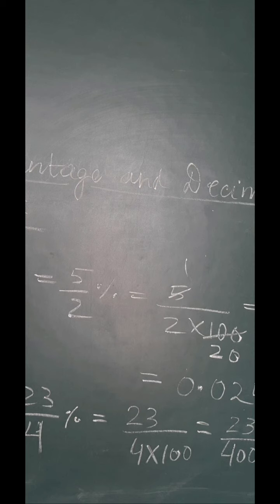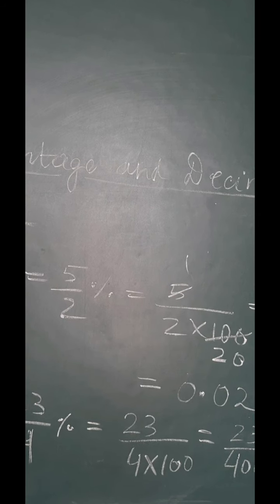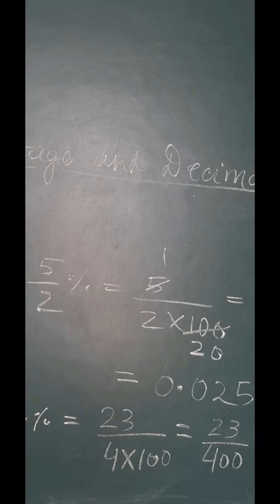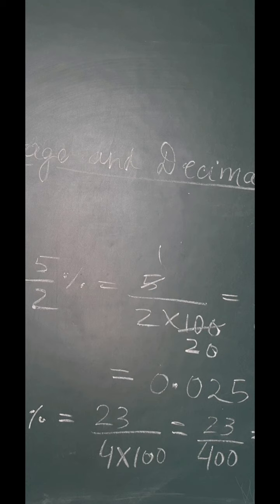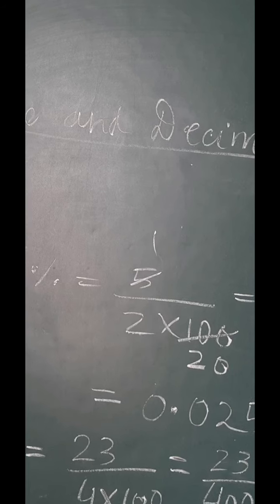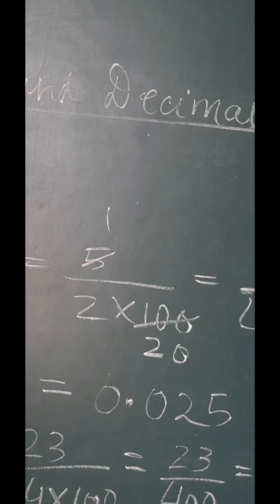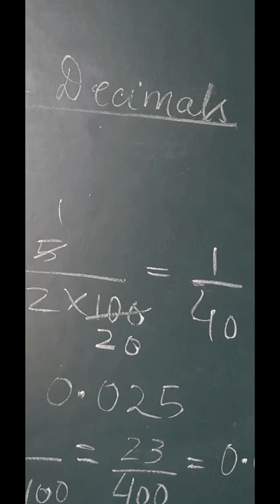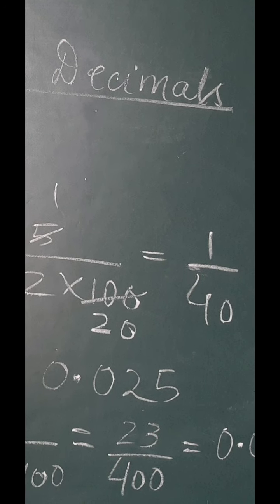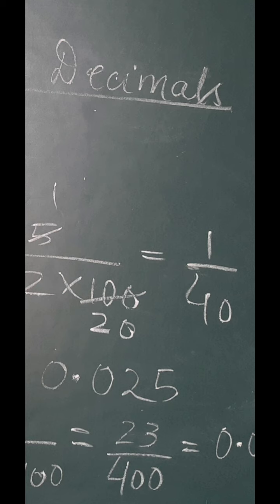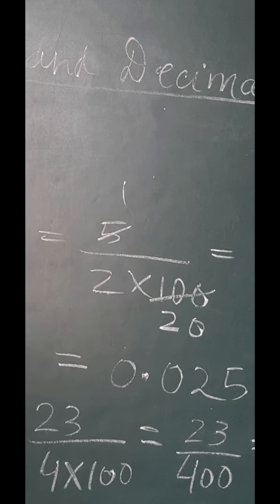But 5 upon 2 divided by 100, and how do we divide two fractions? Take the reciprocal of the second fraction and multiply it with the first one. So the reciprocal of 100 will be 1 upon 100. That is 5 upon 2 multiplied by 1 upon 100. So I have written that step directly, 5 upon 2 multiplied by 100. Now we have to check whether it can be simplified or not. So 5 ones are 5, 5 twos are 10, 5 zeros are 0. Now 2 multiplied by 20 is 40. So the final answer will be 1 upon 40. As you all can see that I have done it on the board also.